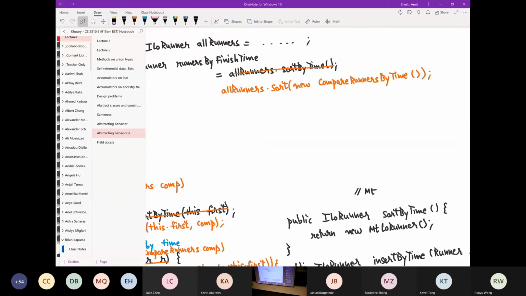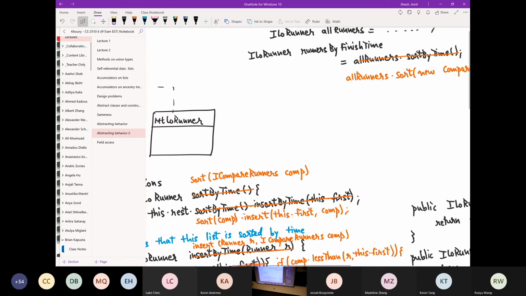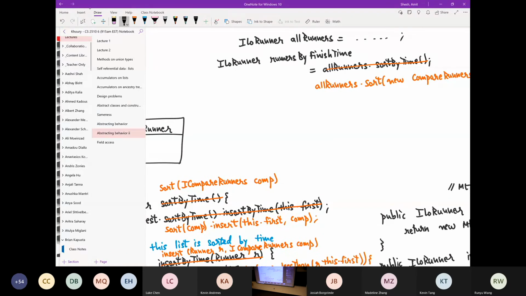Now, I would call the sort and pass it this function object. It's still a function object. This object contains exactly one function in it. However, this function takes in two parameters of type runner and continues to return a boolean. Okay. Now, if I wanted to instead get a list of runners sorted by name, then